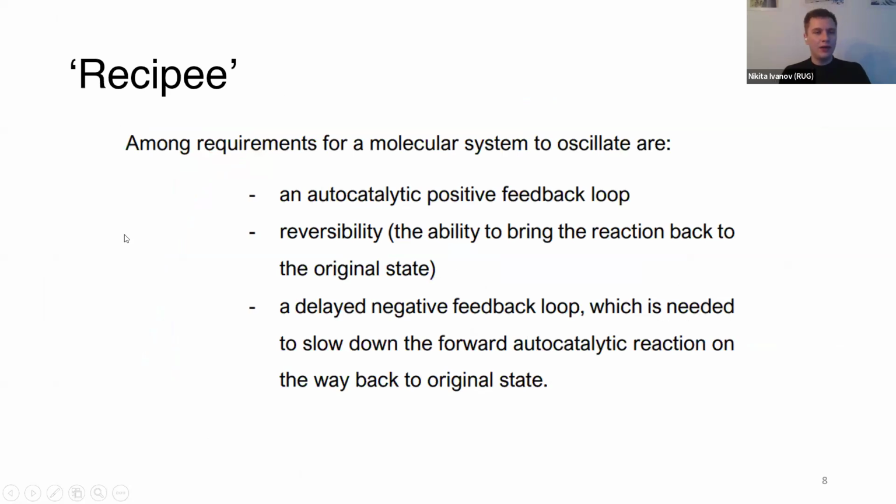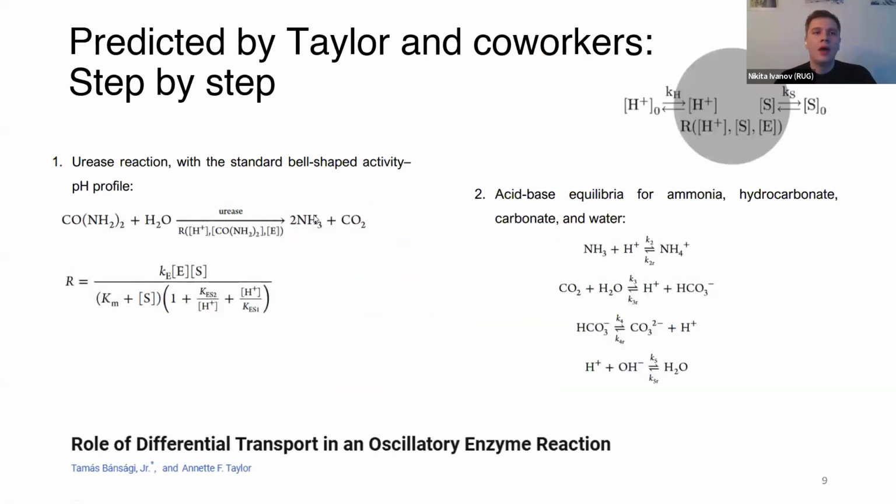And as with all practical knowledge, it's not published anywhere in these direct words, but among the requirements we need not only this autocatalytic positive feedback loop and the reversibility that I'm talking about now, but we also need the two feedback loops to be delayed. So they would not simply come to an equilibrium state somewhere in the middle, but they need to compete against each other, never reaching the equilibrium.